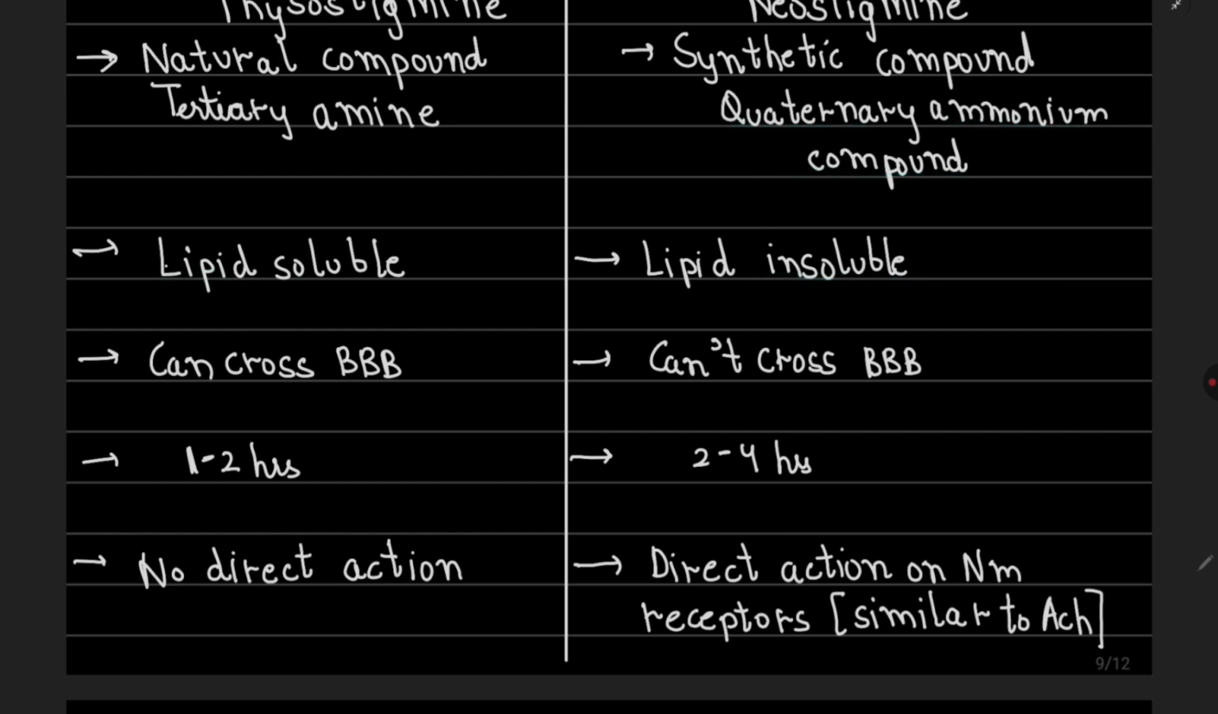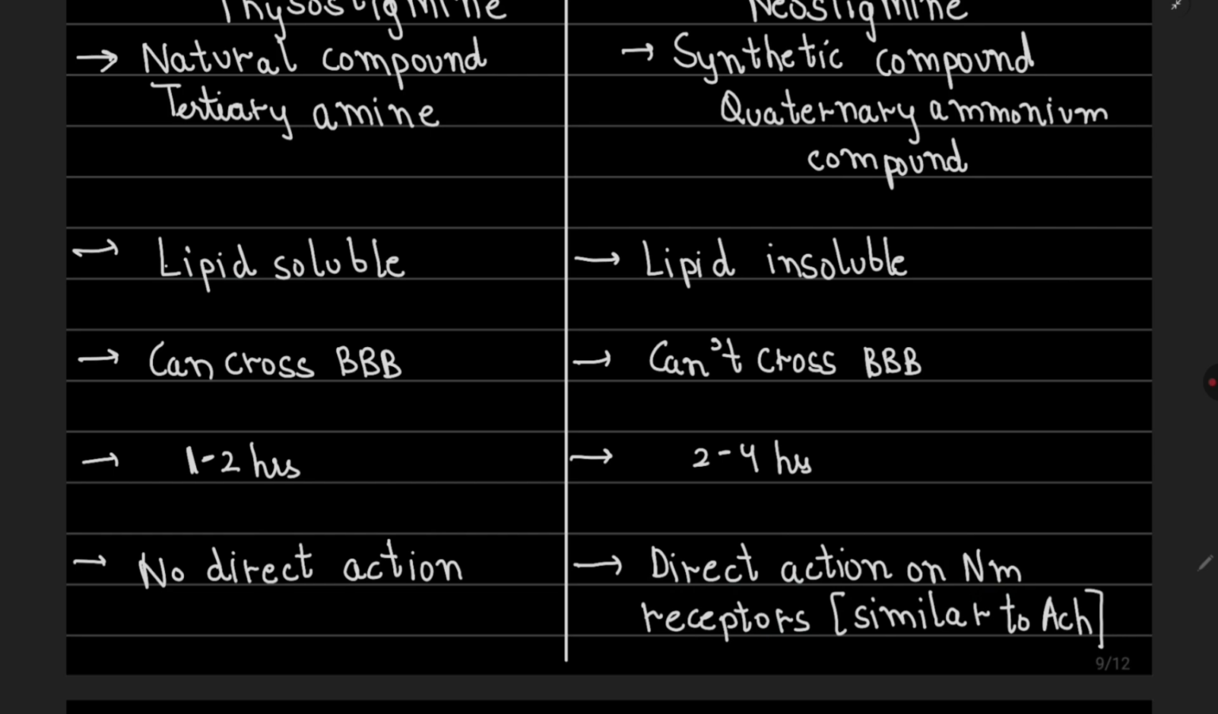On the other hand, physostigmine is soluble in lipids, which is why it can easily cross the blood-brain barrier, while neostigmine can't do so. The duration of action of physostigmine is 1 to 2 hours, while neostigmine can act for 2 to 4 hours. A very important point about neostigmine is that it has direct action on the neuromuscular receptors. This is because it has similar properties to acetylcholine. So, apart from also being an anticholinesterase, it has direct agonistic action on the neuromuscular receptors, which gives it an